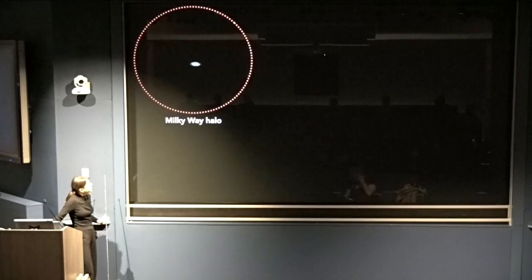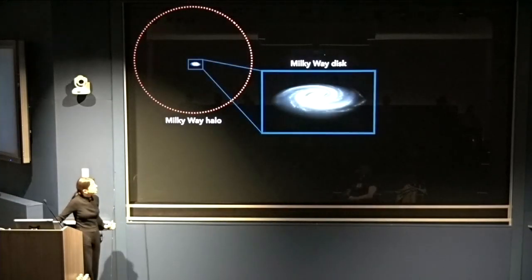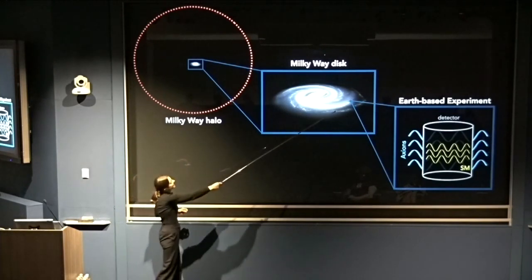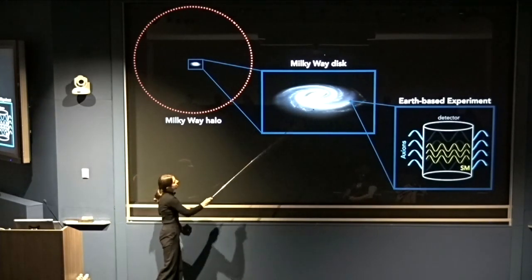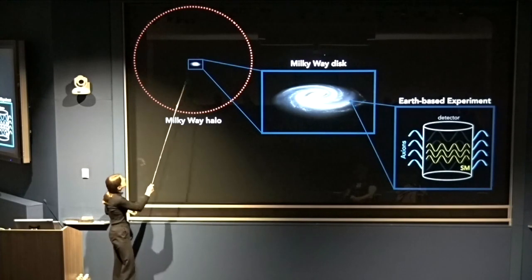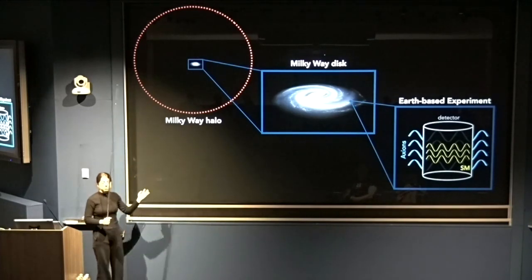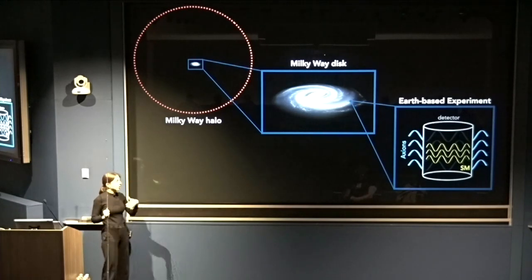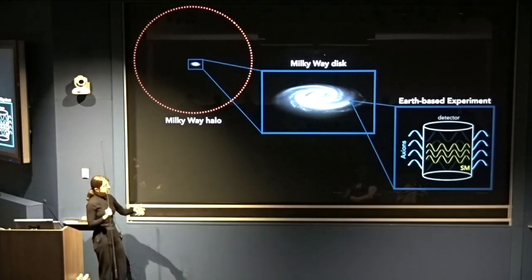What we're doing is essentially zooming in on this halo. So we exist here, right? We're the sun, we're Earth around the sun, rotating around in the disk. But we're essentially living in this massive dark matter halo. So those dark matter particles are flying through this room right now and flying through Earth.